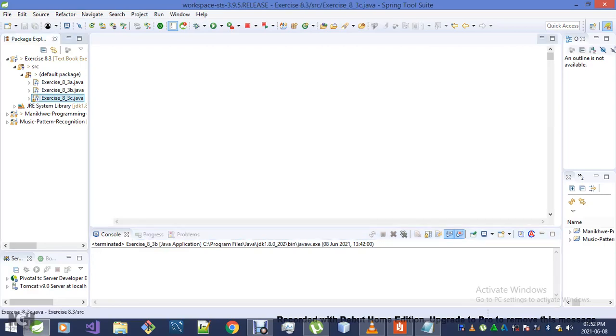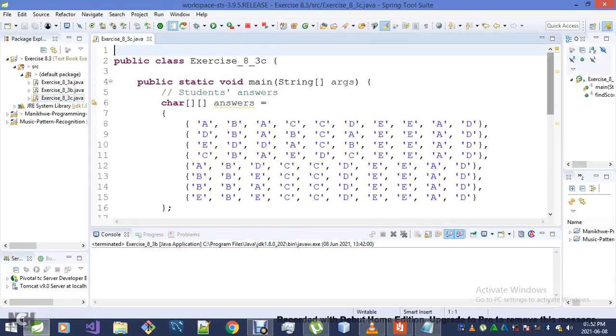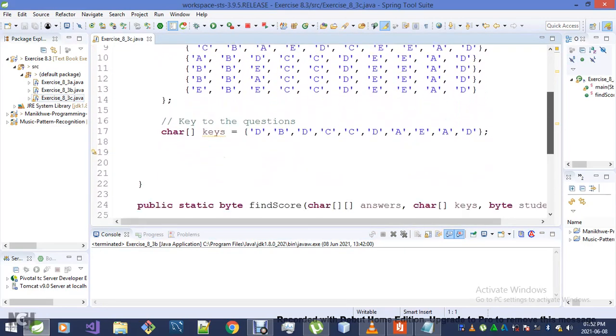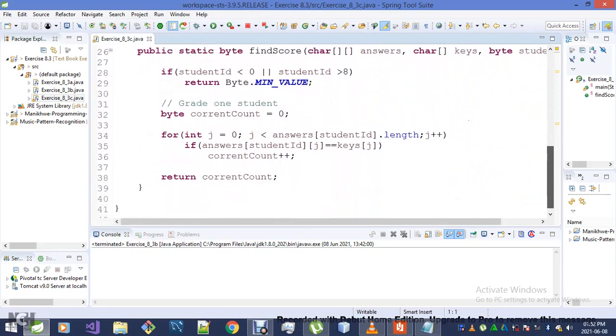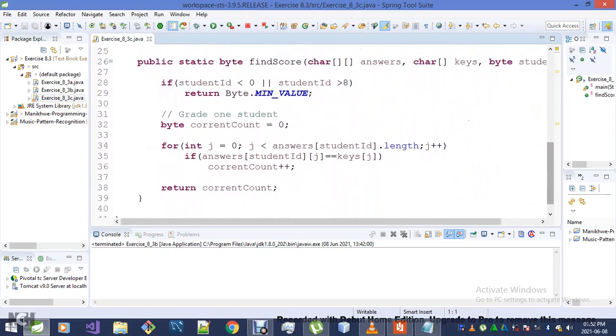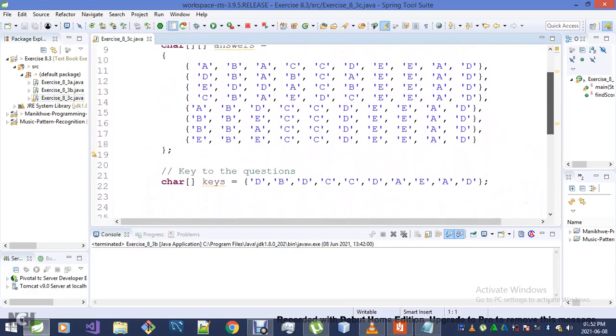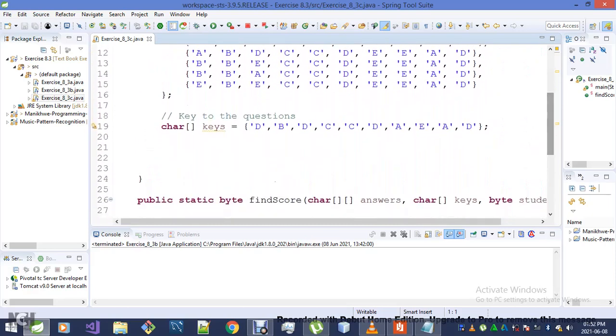Okay. However, there is a piece of code that I copied from the previous solution, which is this one here. This is just a method for returning a score for a given student. Okay. So now that we've got that, let me jump onto the real solution,